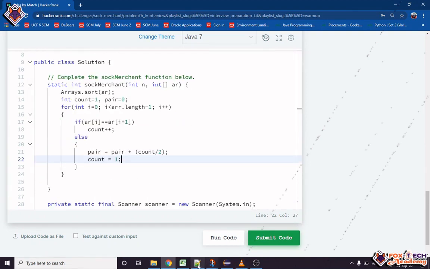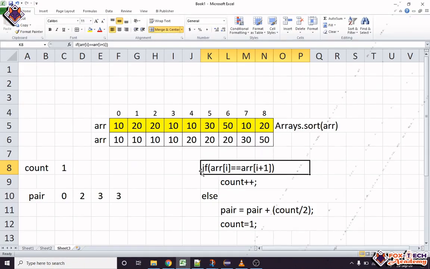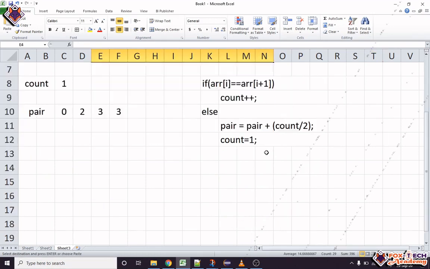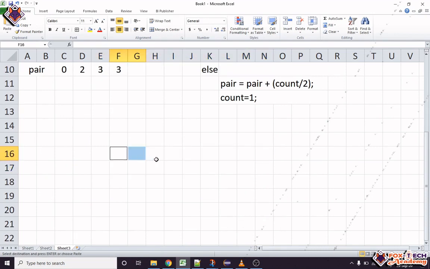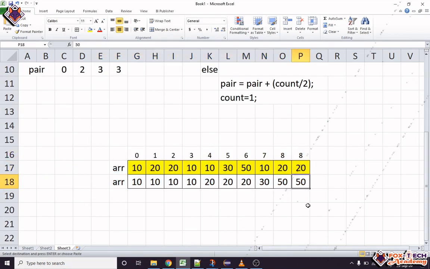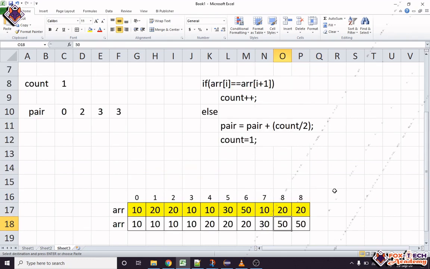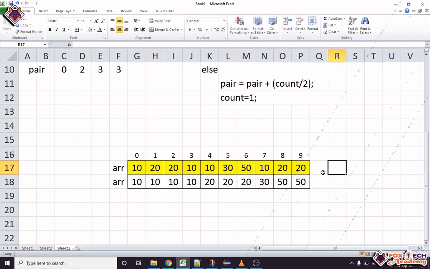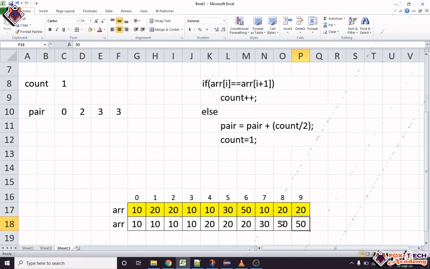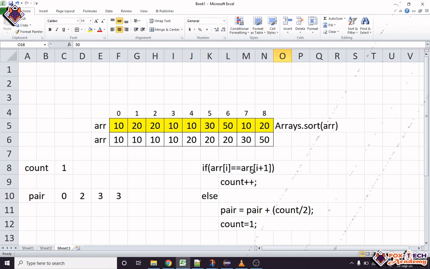So this is our program completed. Now in any scenario, suppose our second last and last values are the same, right, so these two values will be the same. We check if array of i equals array of i plus 1.